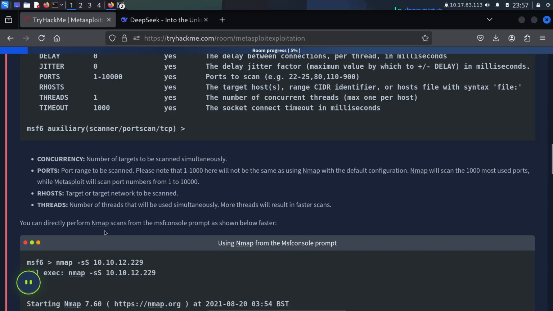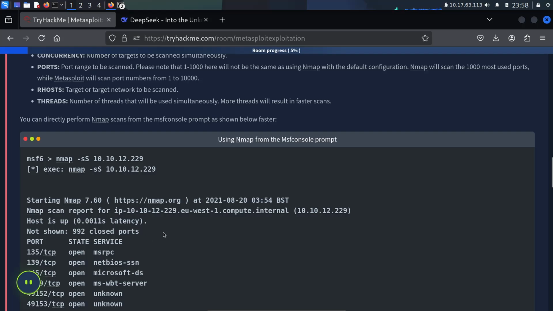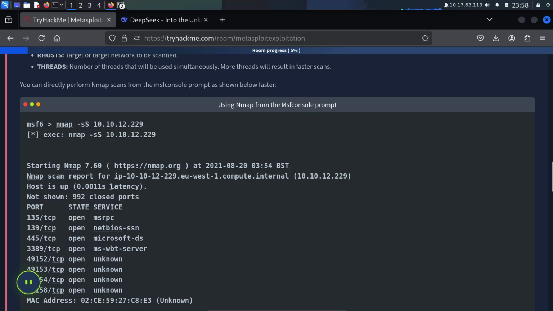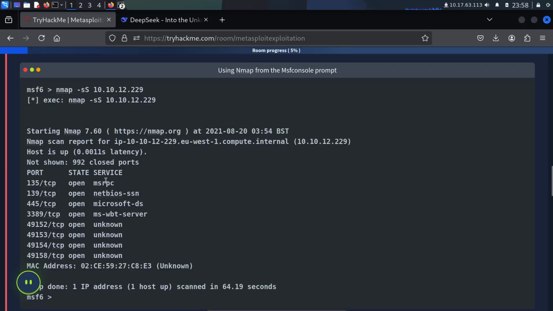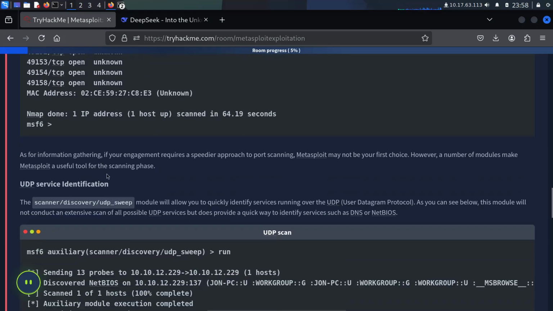You can directly perform an Nmap scan from the msfconsole prompt as shown below. This will take so long.